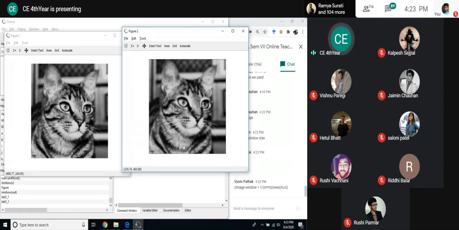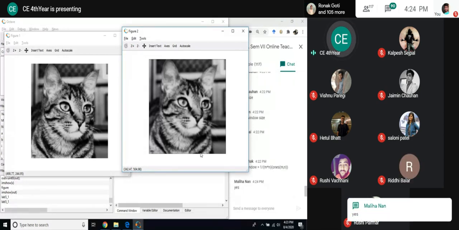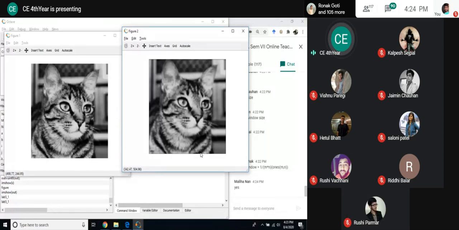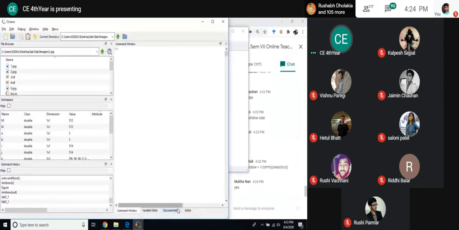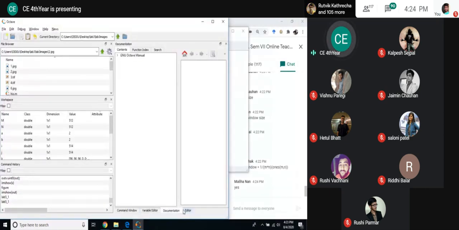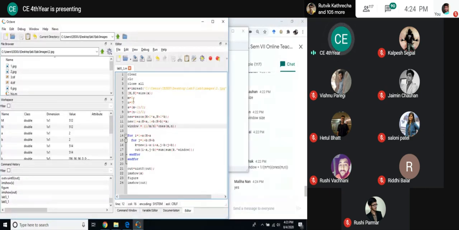And observe your border as well. Can you see the thick border compared to the previous case, that 3 cross 3? Can you see the thicker border here? Though I have removed the padding, I am still having the impact here. Let us see, we will go for a higher range and then discuss something regarding the border. If I want to increase further, I will increment this window size. 7